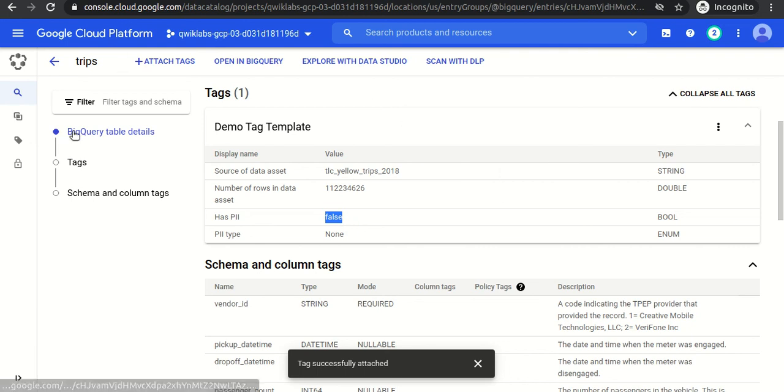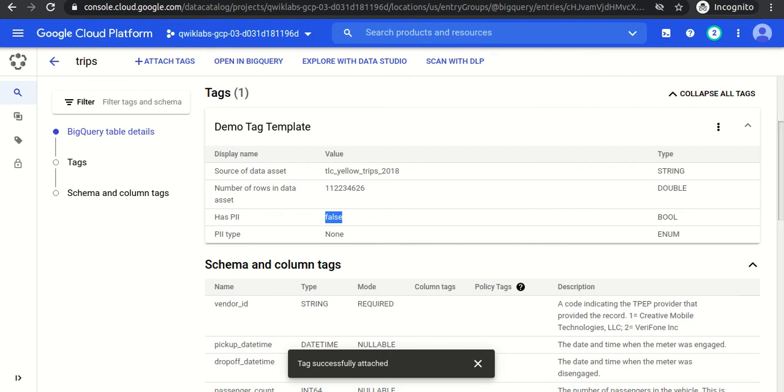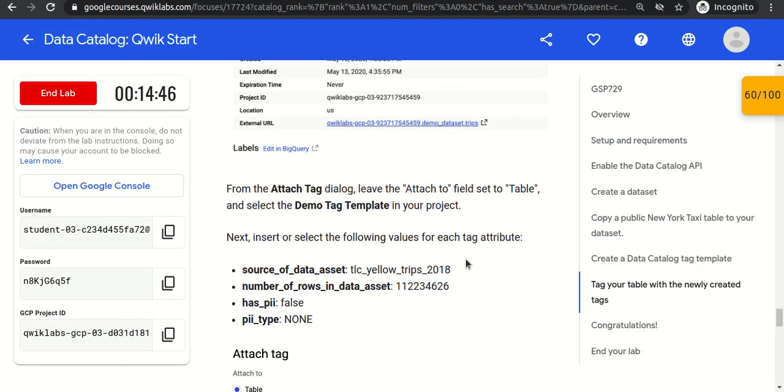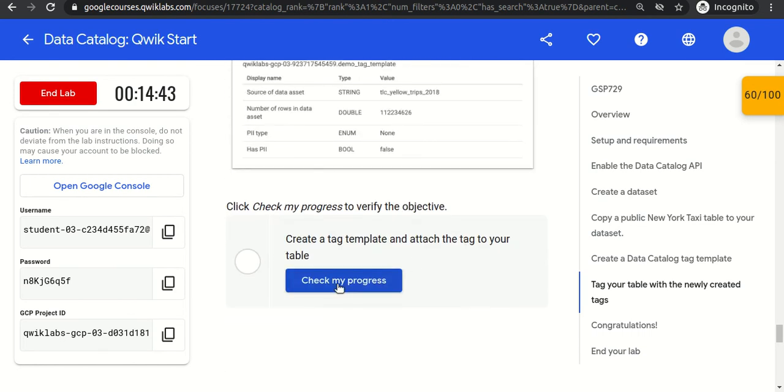Otherwise, if I go into BigQuery, by using BigQuery alone I can't search for information like why that particular person created the table, even why I created the table during that time. So that is the benefit of Data Catalog. Data Catalog is basically a service which manages your metadata information.